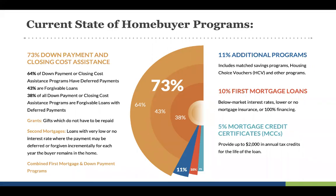There is a collection of other or additional programs that are less frequent, less common. We're not going to touch on those necessarily today. We want to touch on the most common, most prevalent, most popular types of homebuyer programs and break those down for you a little bit more so that you understand how they work and what they offer, but also how to talk about them and bring these up in conversations